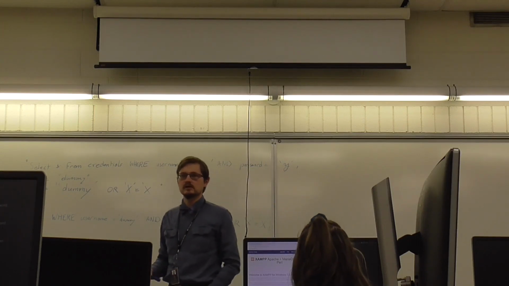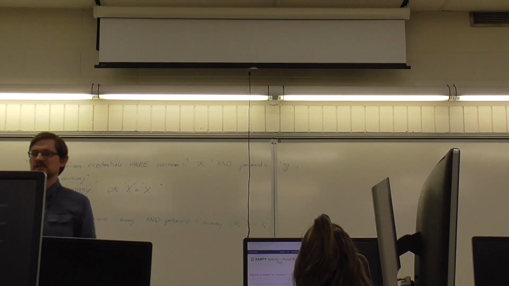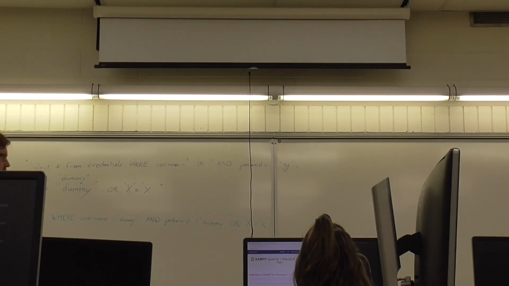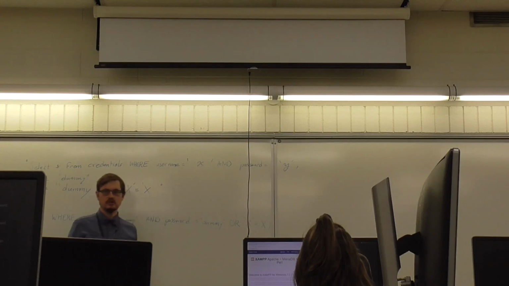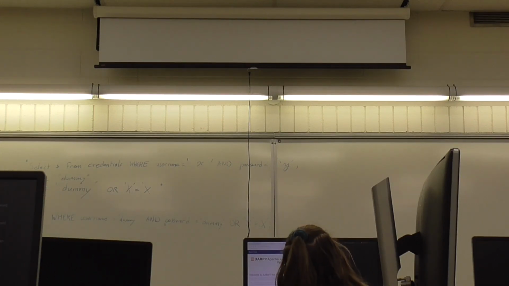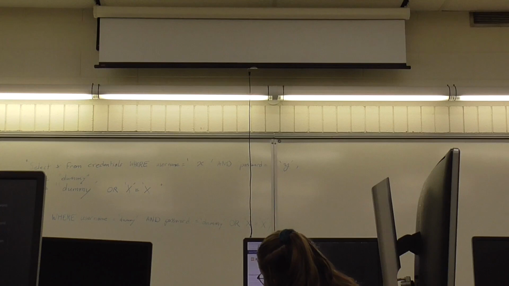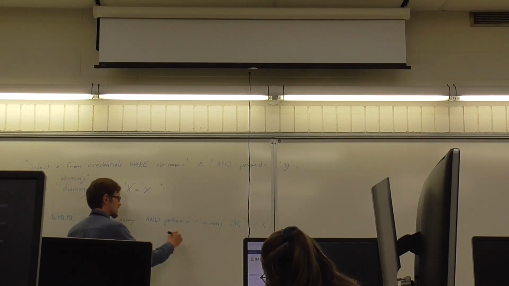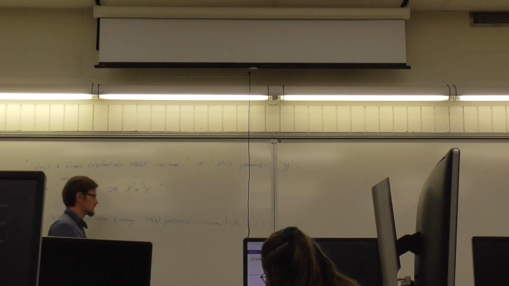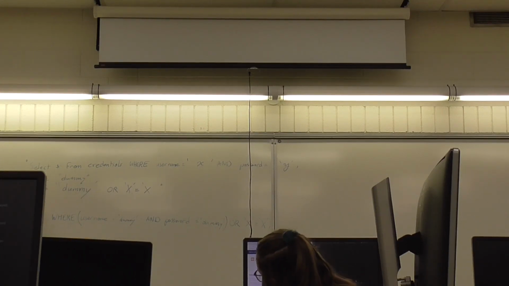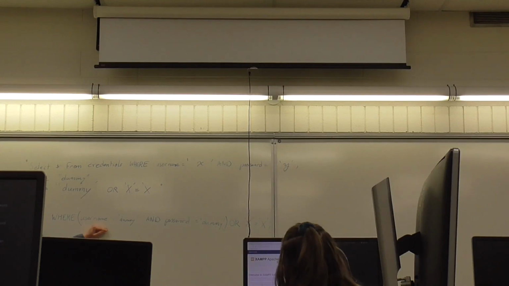Now we start wondering about associativity, right? So we've got two Boolean operations, an AND and an OR. Which one will be performed first? The AND comes first. So implicitly, here, right? So we calculate the results of does username